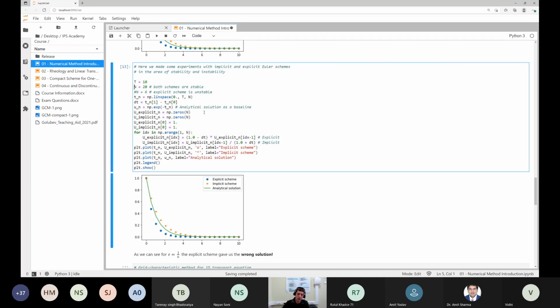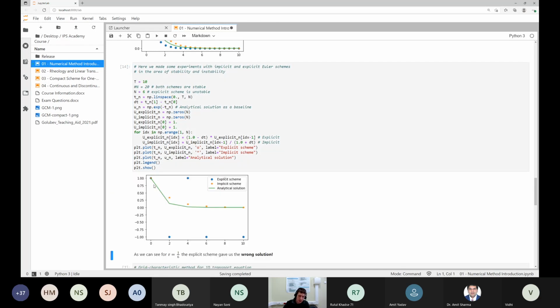But let's reduce the amount of points. So we will increase the spatial step from 10 divided by 20 to 10 divided by 6. And let's try to run it again. So we have only 6 points and the interval equal to 10. The analytical solution, of course, is correct. The implicit scheme demonstrates